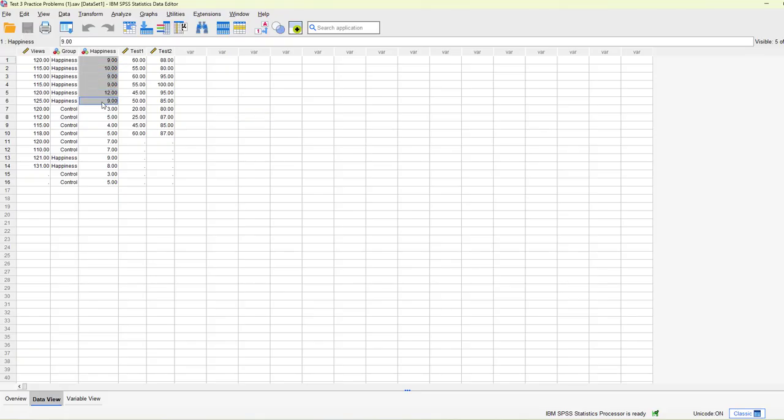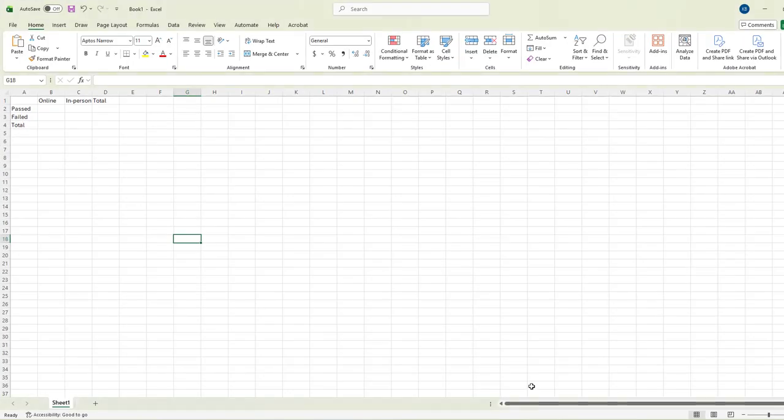So if we look at happiness, everything is above a 9. The lowest one's an 8. And then for the control group, the highest one is a 7, meaning that these distributions don't even overlap on one number. So those two distributions are completely separate. And if you remember that image, a Cohen's d of 3.00 basically says that they're completely two different distributions. Before I move on to the next one, I forgot I should have done the other ones